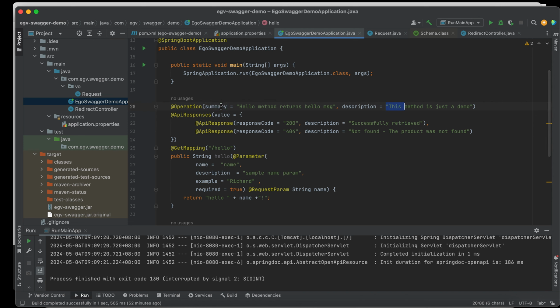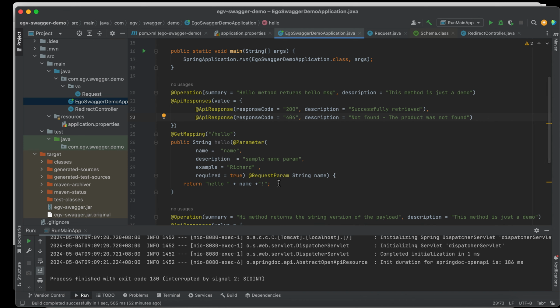We also have @ApiResponse, where we can specify the response code and the description of each code. For example, 200 for success operation, then 404 if not found.